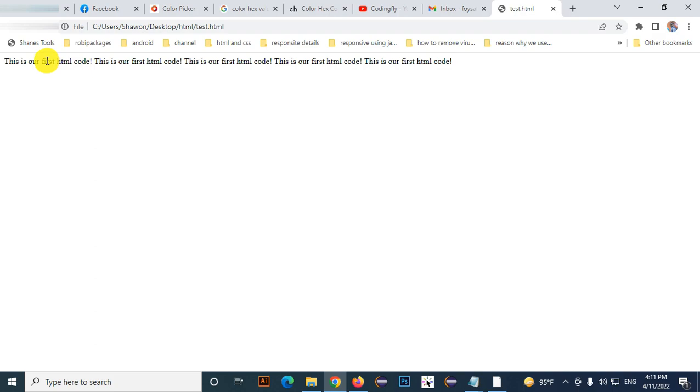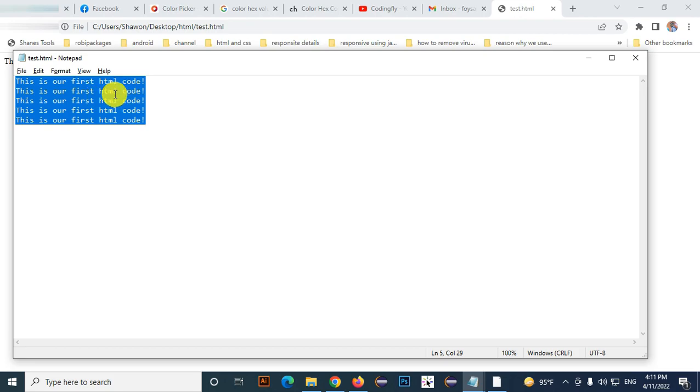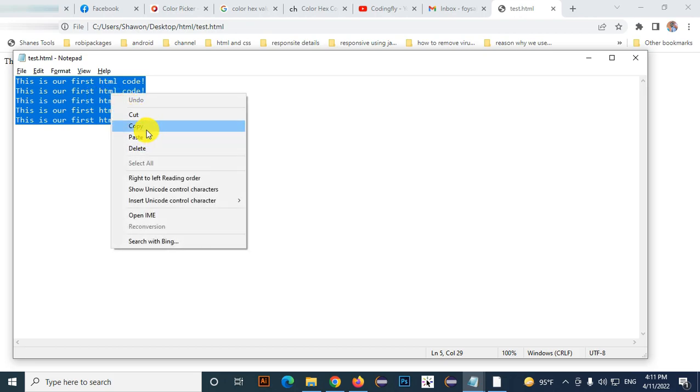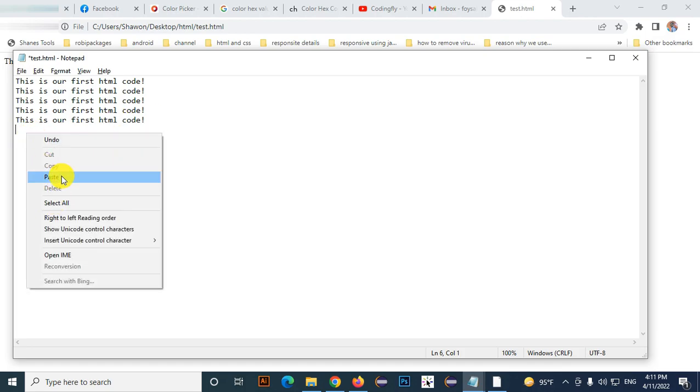If you see, this is 1, this is 2, this is 3, this is 4, and this is 5 lines. Okay, so if I select all the content and copy it, press enter, and paste all the content again,